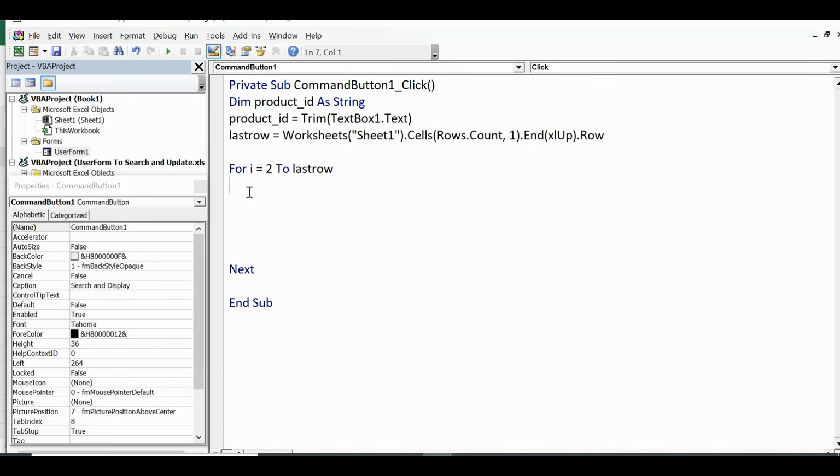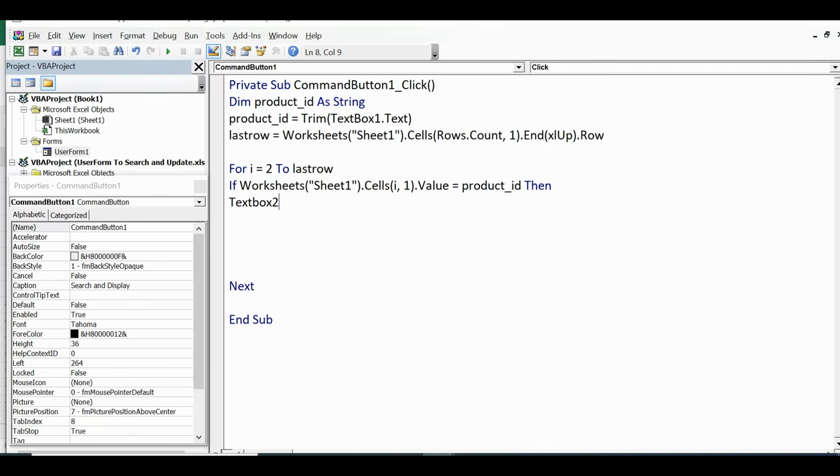Now I will put here one condition: if worksheets sheet 1 dot cells i comma 1 dot value equal to product ID, then what should happen? Then